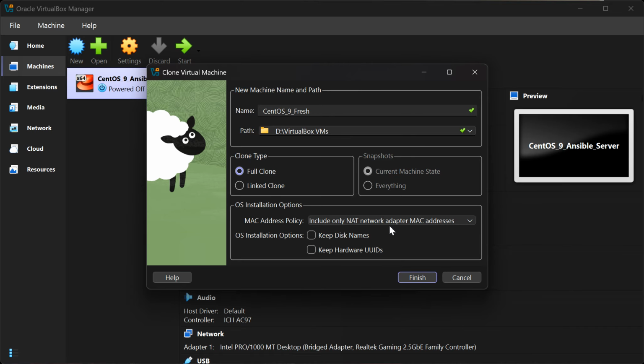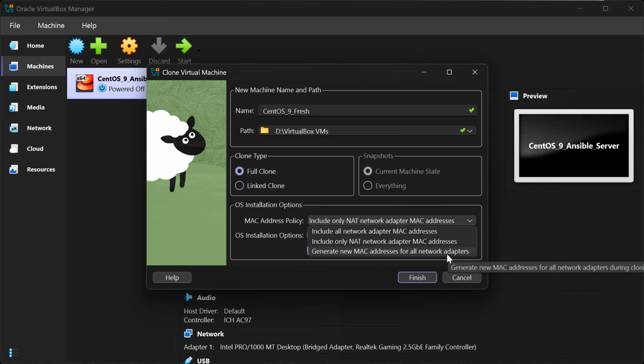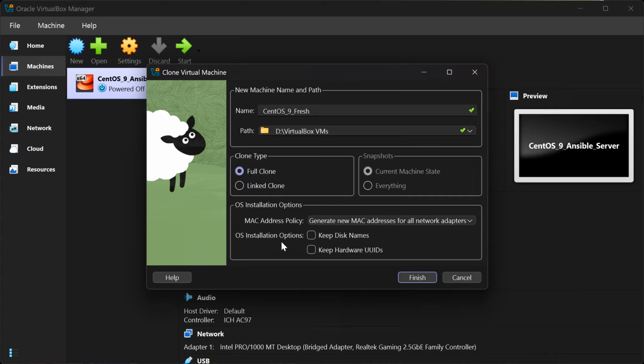Now, MAC address policy: include only network adapter MAC addresses. So I will do this: generate new MAC addresses for all network adapters so that this new machine, if I run it or start it, will not conflict with the existing one. OS installation options: keep disk names, keep hardware UIDs. I don't want to have the same serial numbers or same UUIDs, so I'll keep these boxes unchecked. You click finish